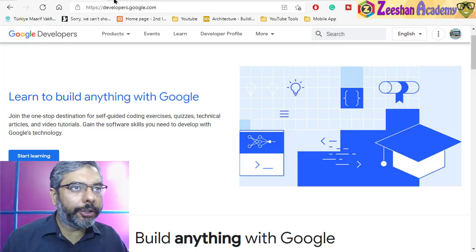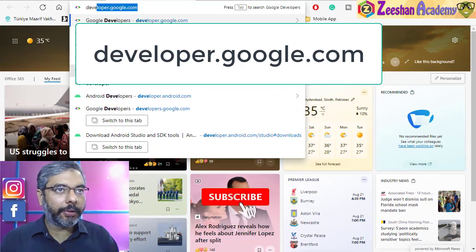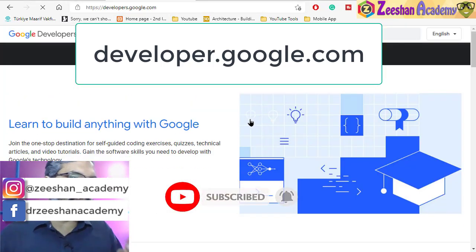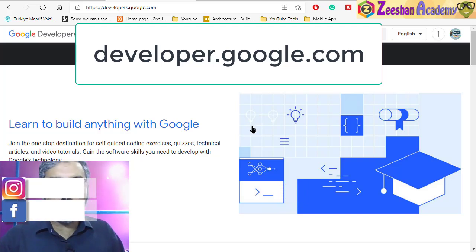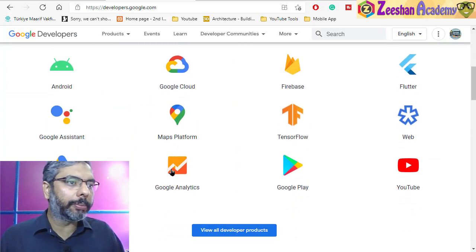Okay, so the first thing you need to do is come onto your web browser and go to developer.google.com. This is the main website you need to access in order to download the latest version of Android Studio free of cost. Remember, you can download it free of cost and you don't need to pay anything or anybody to download or install it. It's absolutely freely available as open source. You can use it for whatever purpose you want.